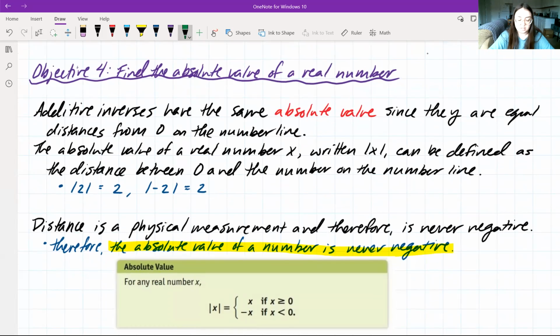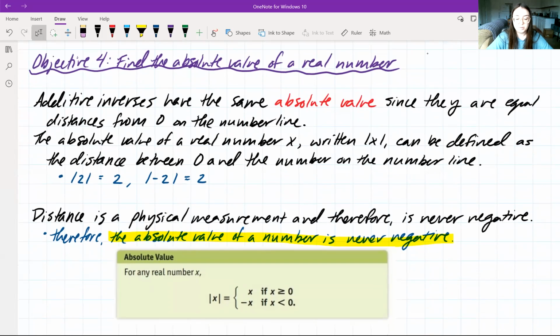Now on to objective 4 here. We want to find the absolute value of a real number. Additive inverses have the same absolute value since they are equal distances from 0 on the number line. The absolute value of a real number x, written with these vertical bars surrounding x, can be defined as the distance between 0 and the number on the number